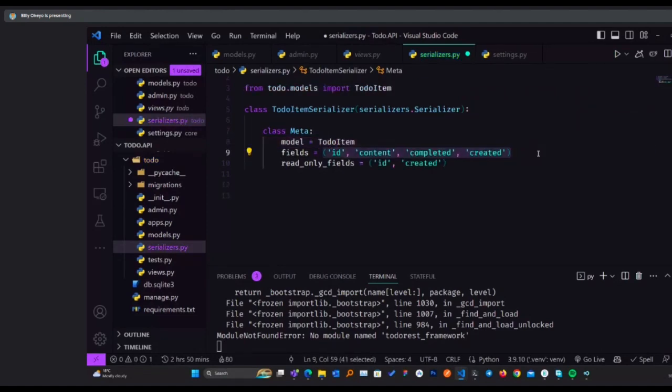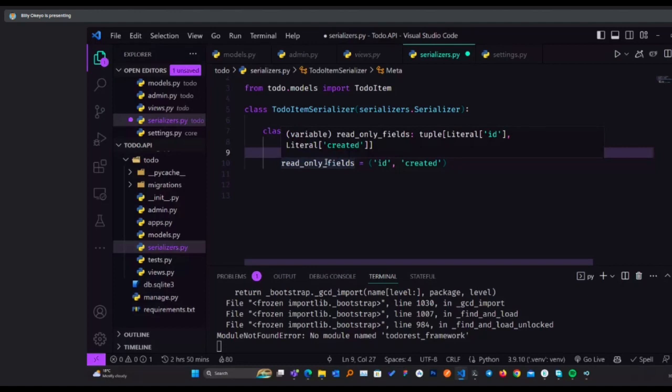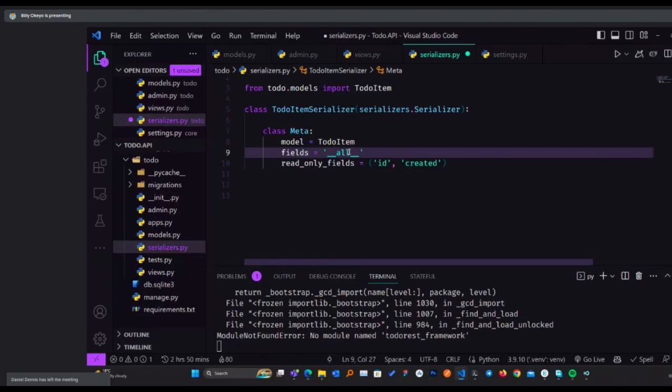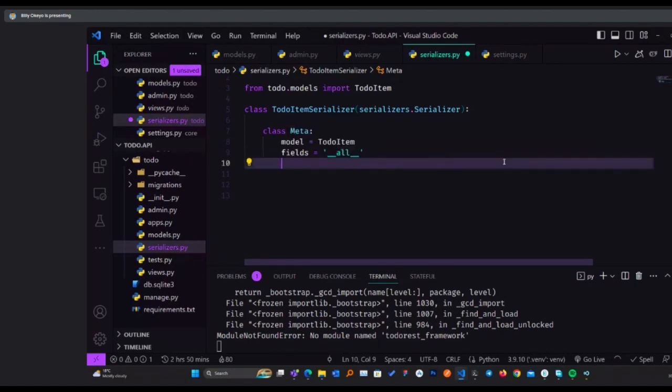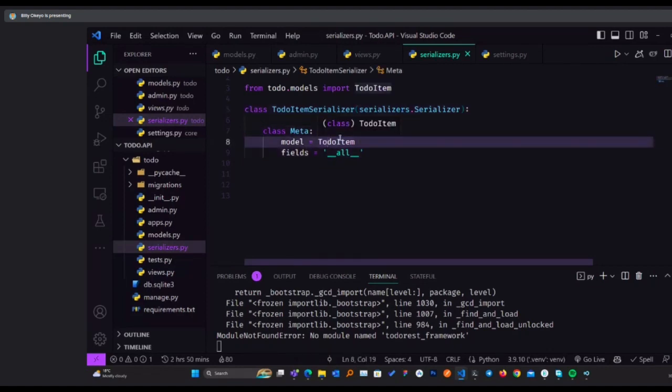Then for the fields, I can choose to have it pick all the fields, so instead of specifying the fields individually, I can just pass that. But in a situation where you want specific fields to be exposed to the user, you have to specify those fields here. Then read-only fields, I'll probably also get rid of that. So technically, having this will now be able to convert whatever we get as a query set into JSON.